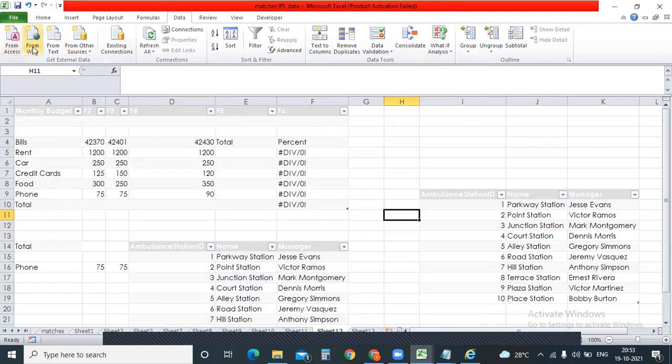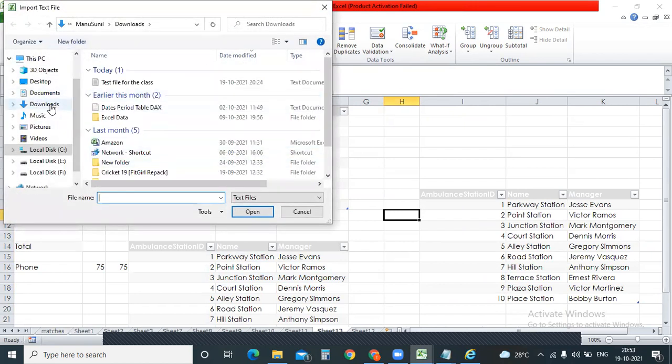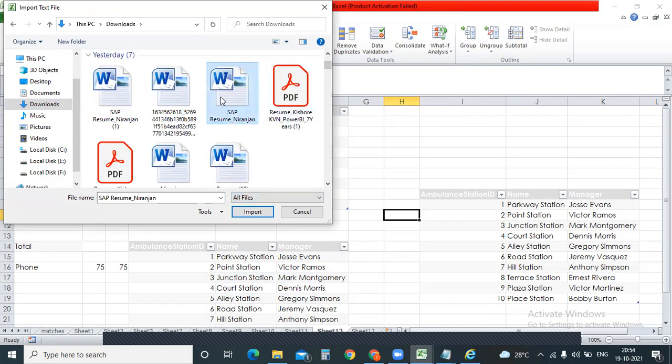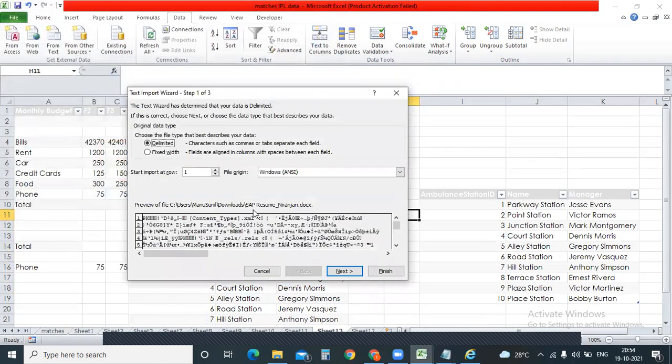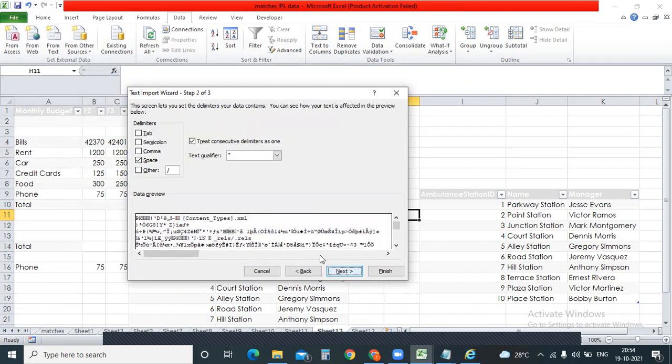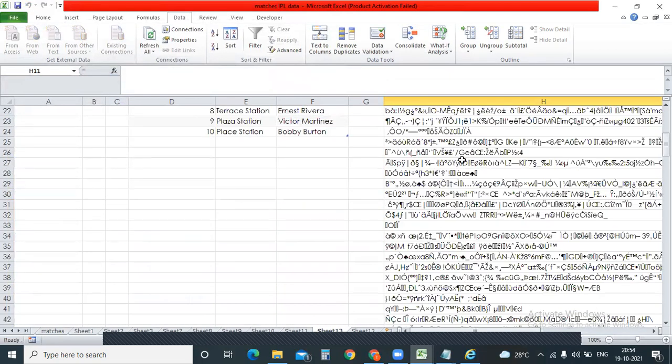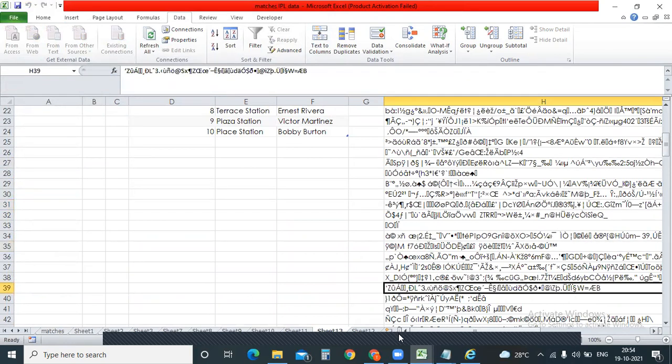Just think on a few things. How do you get data from the web, how to get data from the text. Now, if you have data in a Word document, can I get it from the Word document? Let me check. Just downloads, click on all files. This is one of the resumes. I'll try whether I can import it or not. This is the data. Can I go with fixed width or delimiter? It doesn't make any sense because it's a resume, so we cannot bifurcate this. Just click on finish. Click OK. Whatever the data was there in the document, you can see this. But if you have any table formats, that will be very easy for you to fetch.